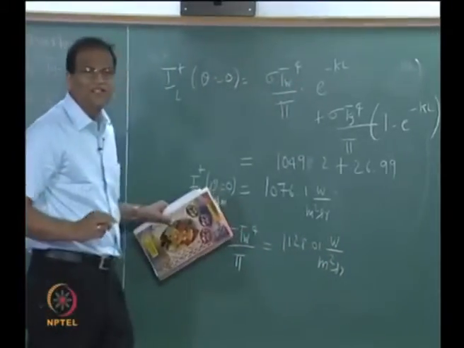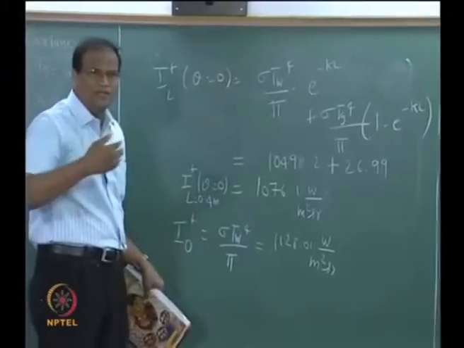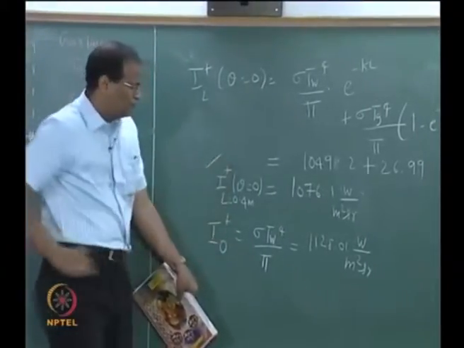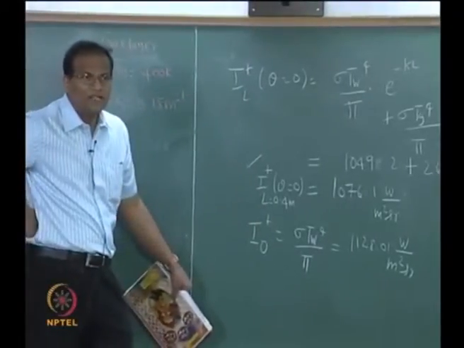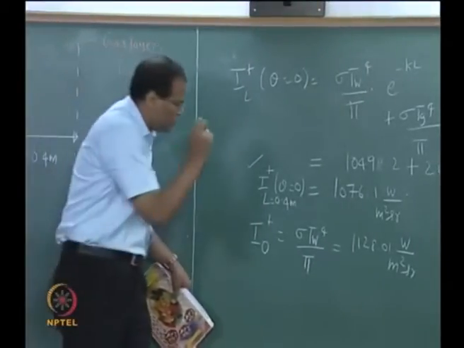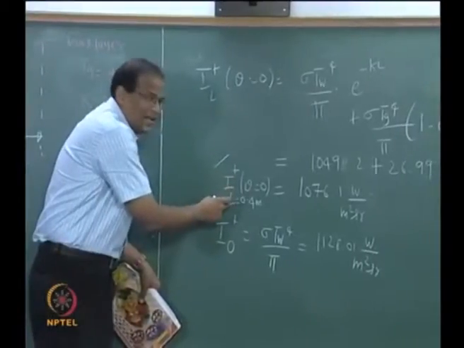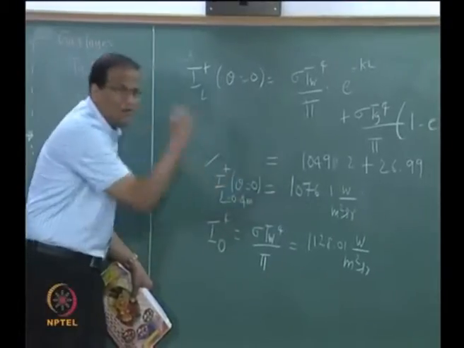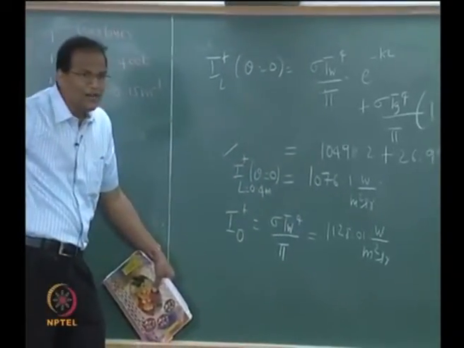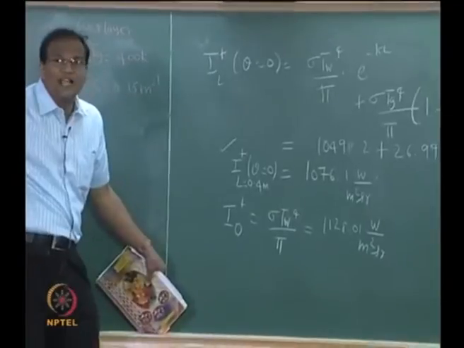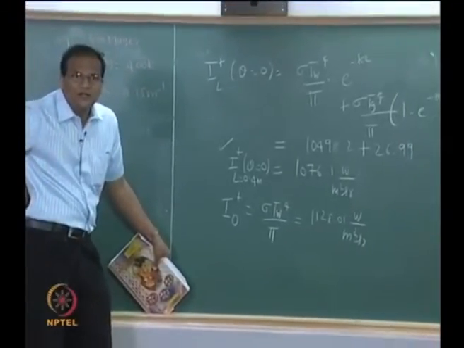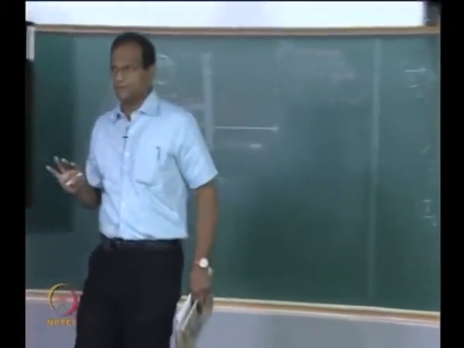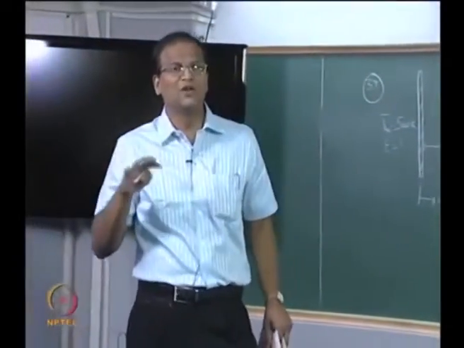This is not asked in the question, but I am trying to use this to get some more insight into the problem. You have got this first part. Now please look at the board: the ratio of I at L divided by I at 0 is almost equal to 0.98 or 0.99, that is 98 or 99%. Therefore, the gas is not absorbing much. Therefore, it is an optically thin gas. This is the sort of insight you have to get.